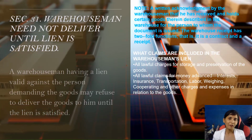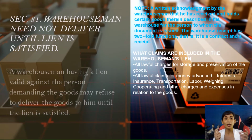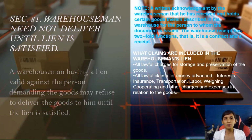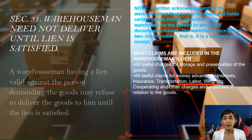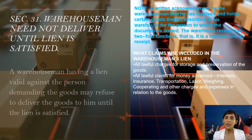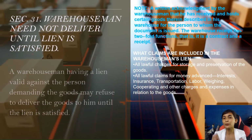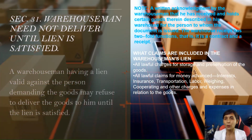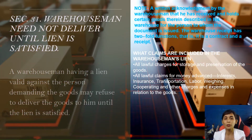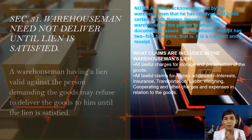A warehouseman having a lien valid against the person demanding the goods may refuse to deliver the goods to him until the lien is satisfied, because we have to remember that a warehouse receipt is a written acknowledgement by the warehouseman that he has actually received and is holding certain goods therein described in the warehouse receipt, and for the person to whom the document is going to be issued,